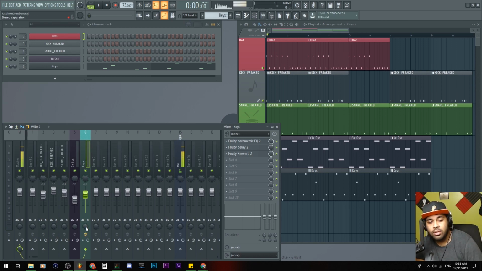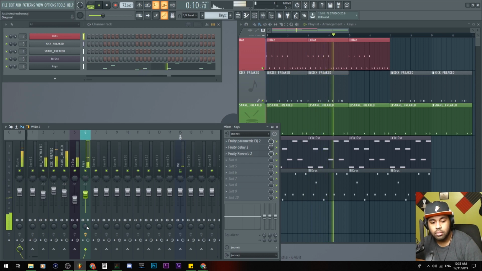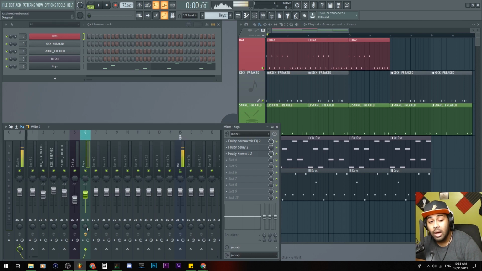Down here we have a stereo separation. So enabling this or moving it to the left is going to widen out the sound. Sounds more open here. Putting it to the right side will make the soundtrack mono.